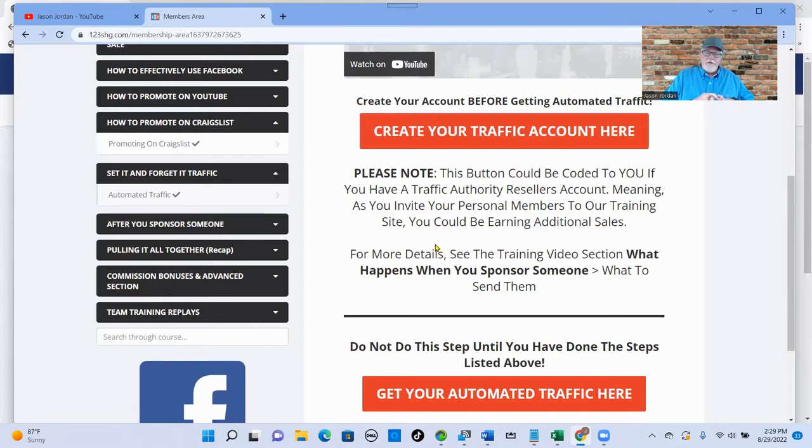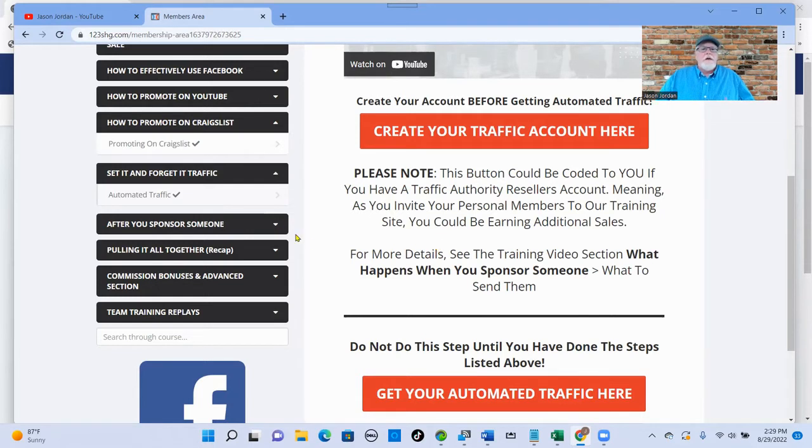You will pay that monthly fee per month, but you will always have traffic running on your behalf to your link all the time. And it's nothing to have to remember to go back and do anything. It's just always running, because as long as you pay that bill every month, that is just going to continue running on your behalf. And that's why it's set it and forget it. You never have to worry about it.